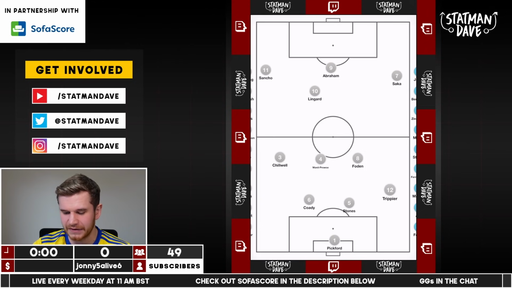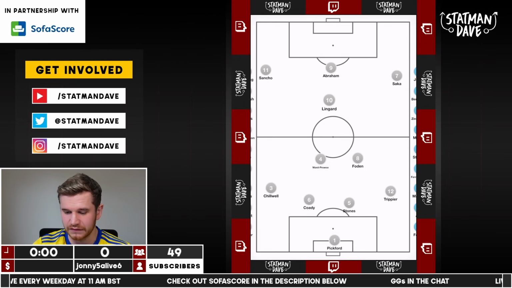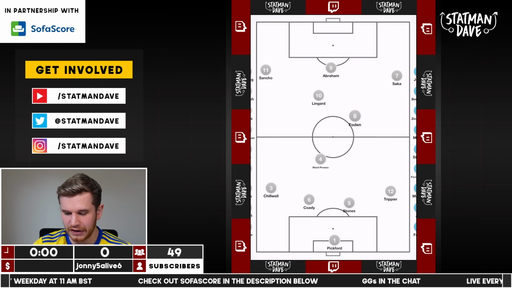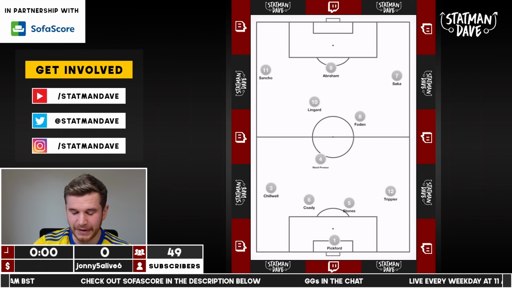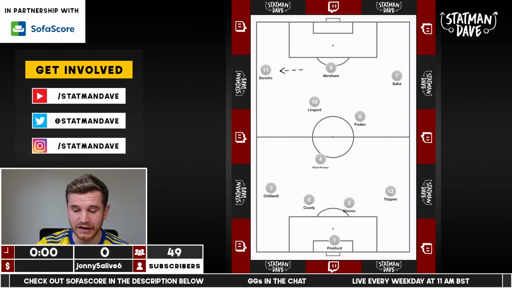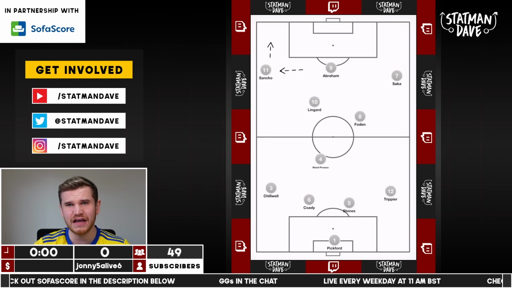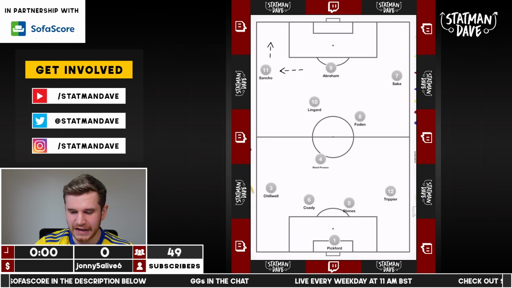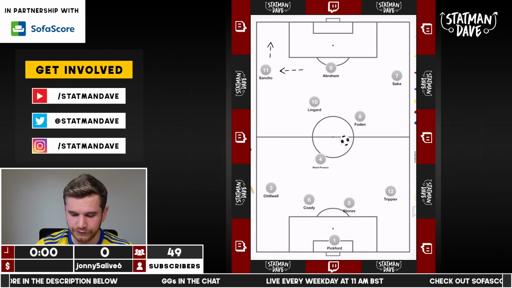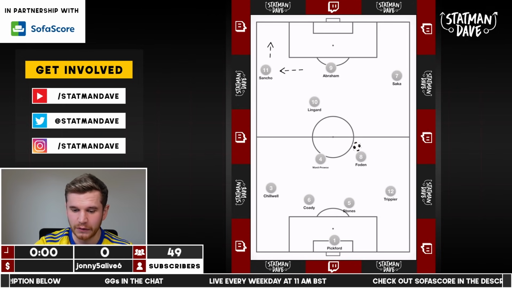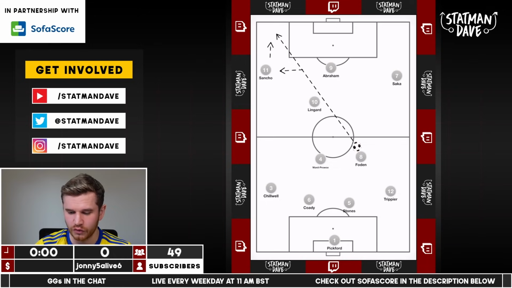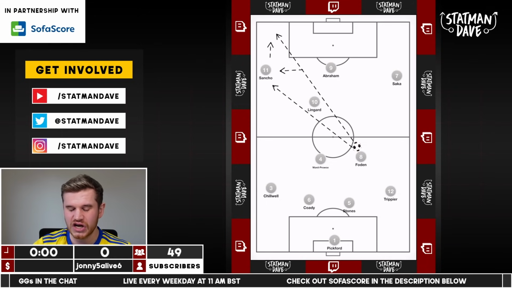But I think the big thing for Man United to maybe take from this is the use of the width of the pitch and the height of the pitch. One of the big things that Jadon Sancho was doing really well was he was starting very, very wide, but also starting really, really high in all moments of the game, which meant for England, when they were looking to progress the football, be it from central midfield with Phil Foden, there was always an option for Phil Foden to go long to Sancho or just go wide to Sancho, which allowed England to play